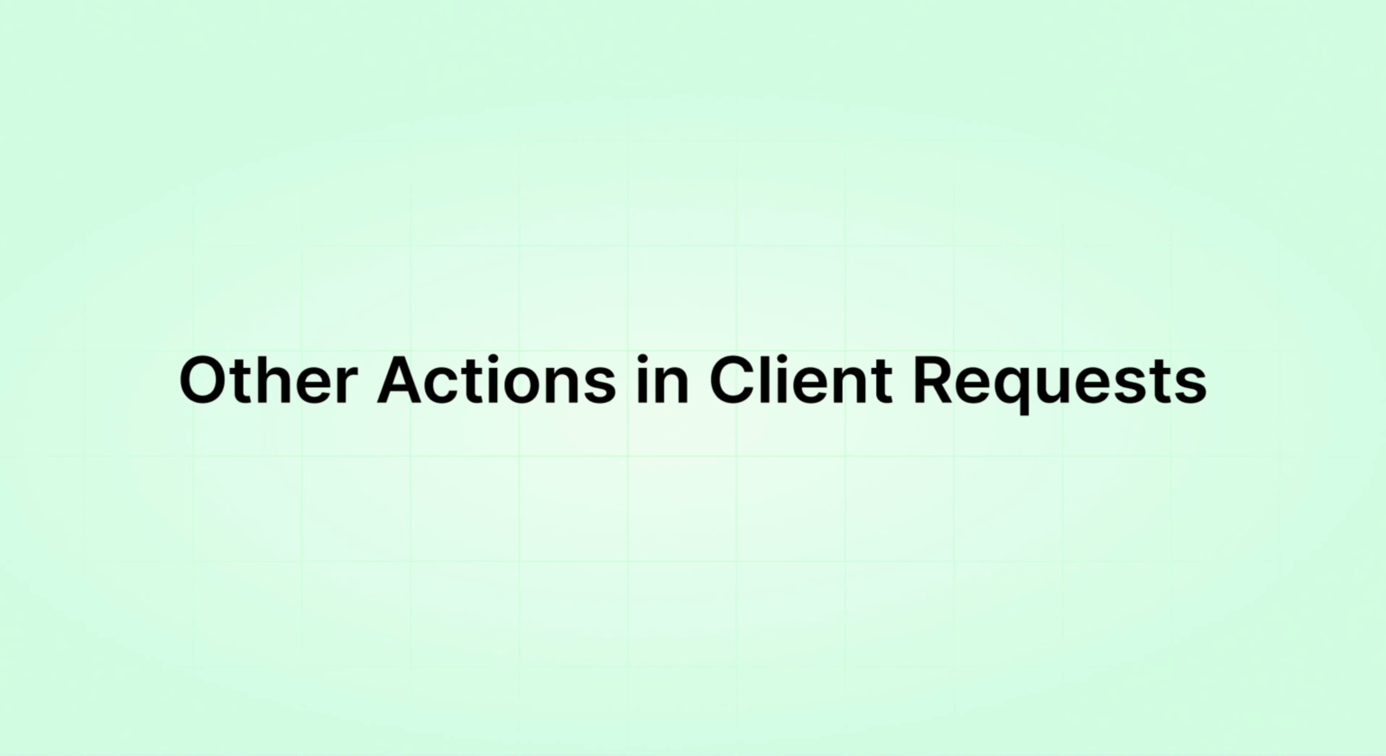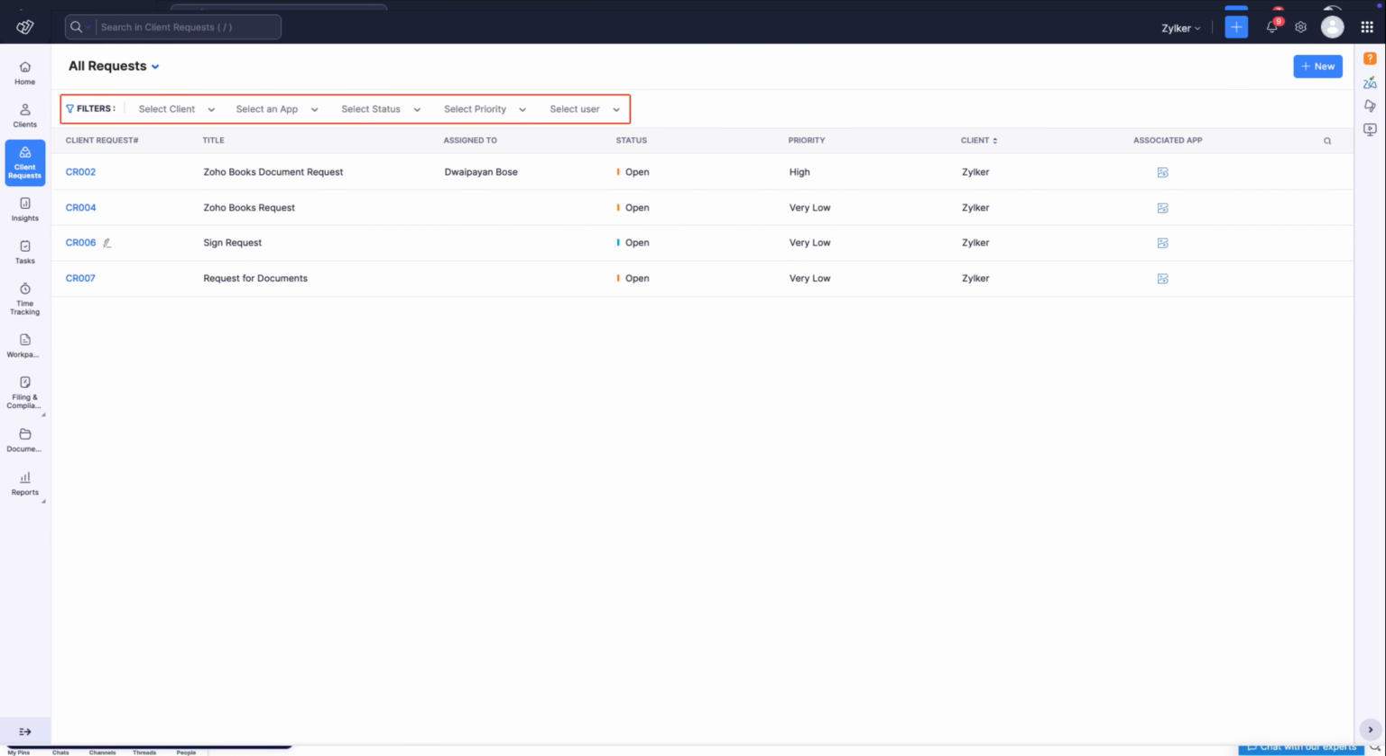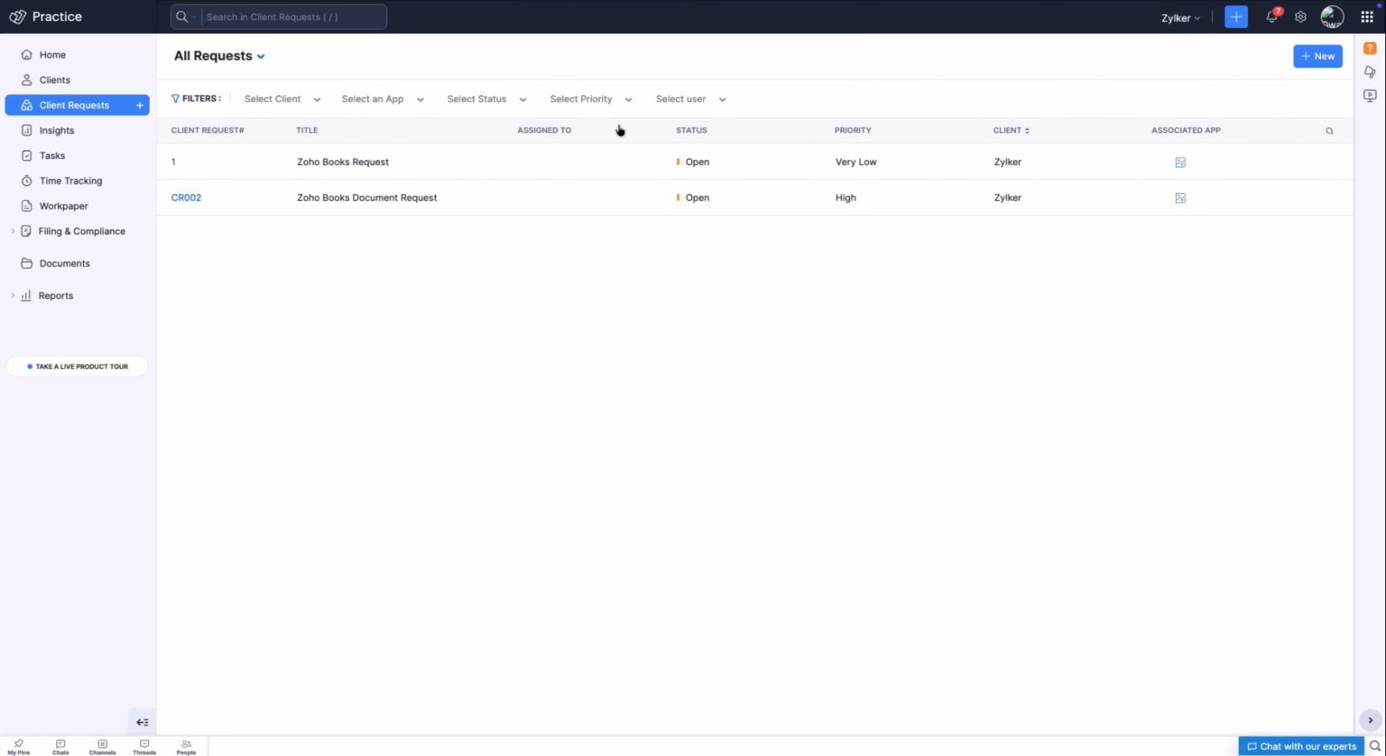Other actions in client requests. Let's look at some of the other actions you can perform in the Client Request module. You can filter client requests by client, service, status, priority, and assigned user using the filter options in the top pane of the Client Request module. You can also switch between viewing all client requests and only sign requests using the View dropdown at the top